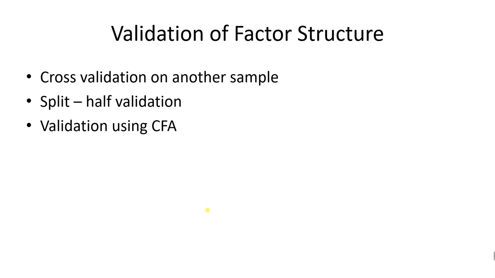So, with this lecture, I am concluding the factor analytic procedural steps. In the previous lecture, I covered the preparatory stage and determining the method of factor extraction. And in this lecture, I have covered how to determine the number of factors. Then after factor extraction, how to rotate the factors, what the different methods of factor rotation are, and once we have rotated the factors, how to interpret the factors and how to validate them.